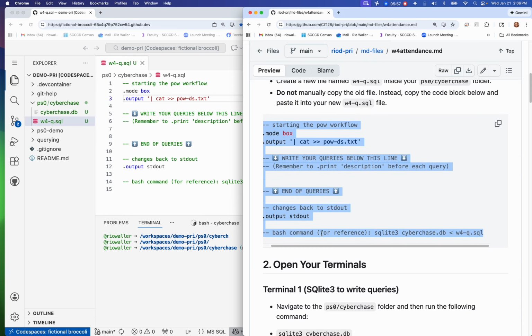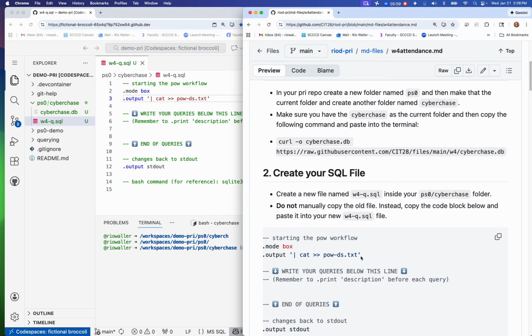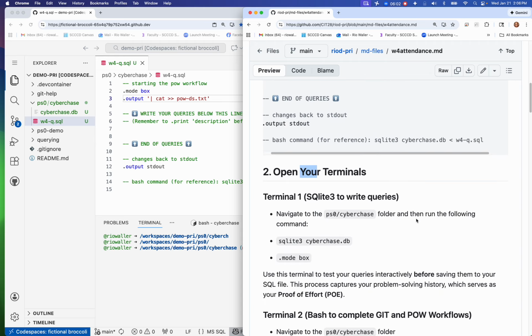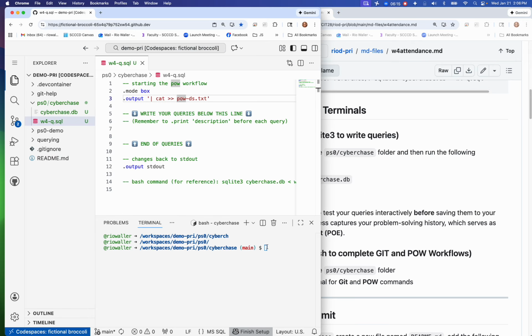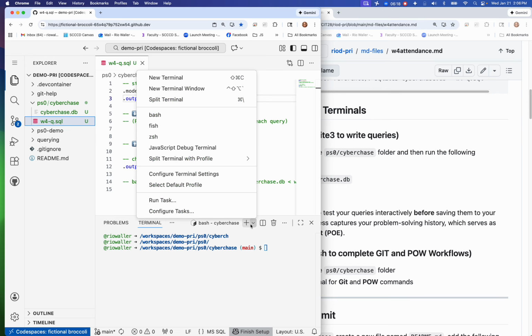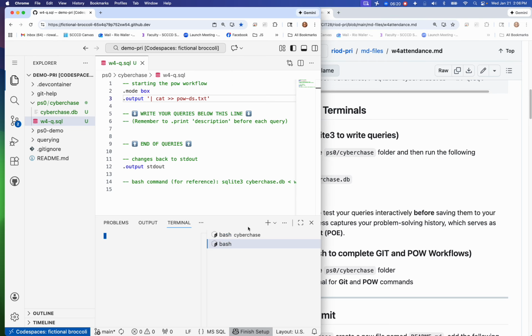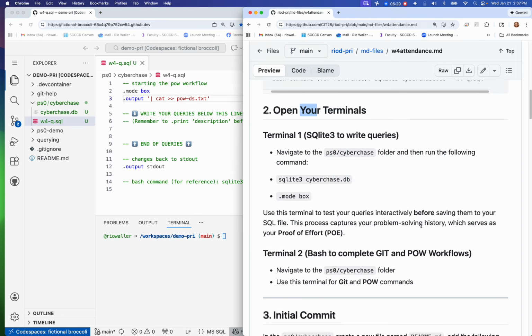Now in this step I had already up here had you get in a terminal, but I do give you this content to be clear what your terminal should be. Now you may have them reversed. Your first one may be your bash, your second one may be SQLite, whichever one. In this case I'm going to go ahead and start up another one. So now I have one in CyberChase, and I have one just in the root. I want both of them to be in that CyberChase directory,